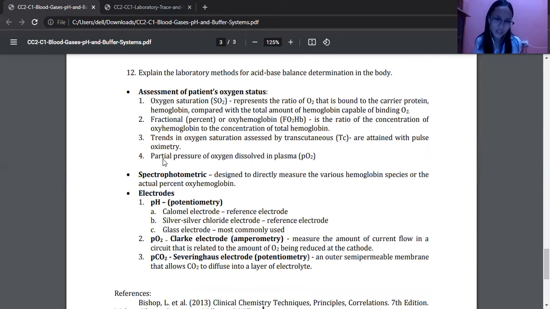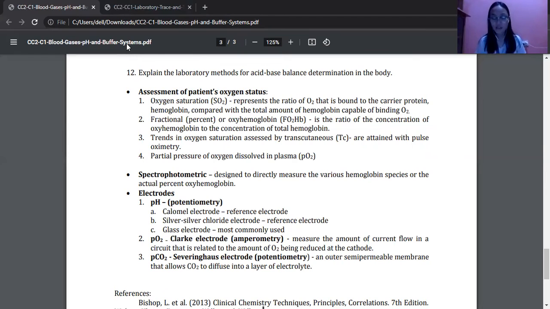For the oxygen saturation, it represents the ratio of the oxygen bound to the carrier protein. And for the functional oxyhemoglobin, this is the ratio of the concentration of oxyhemoglobin to the concentration of total hemoglobin. And the transcutaneous,